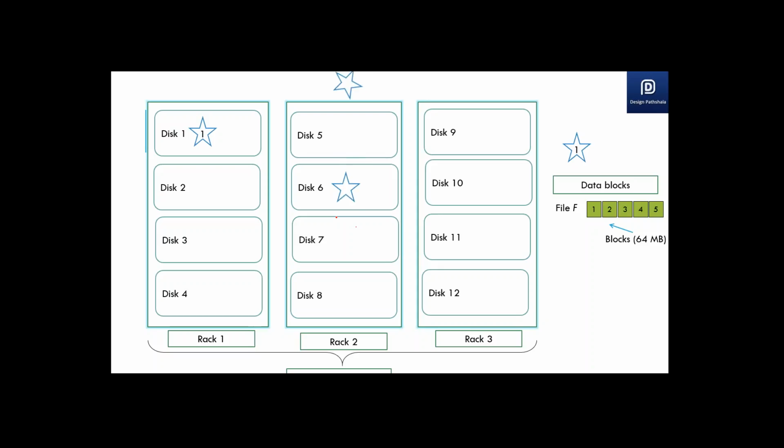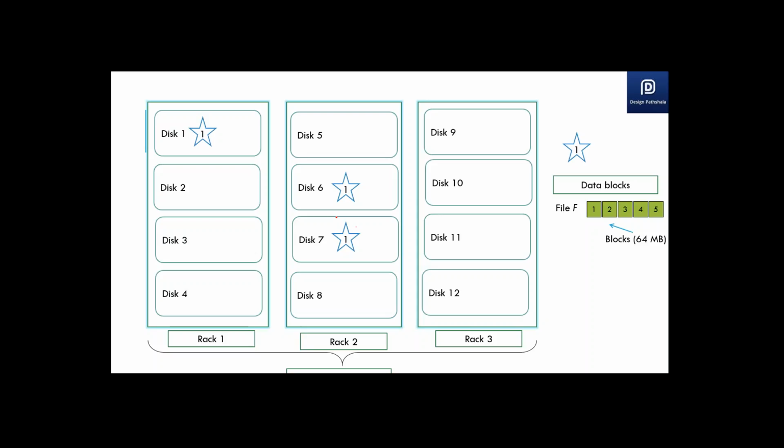The second and third copies are sent to different nodes, and here they go into rack 2. I just wanted you to think of what could be the logic of sending them to rack 2 and to different nodes. Two different nodes, just to protect against server failures, and 2 different racks to protect against rack failure. So yeah, definitely.